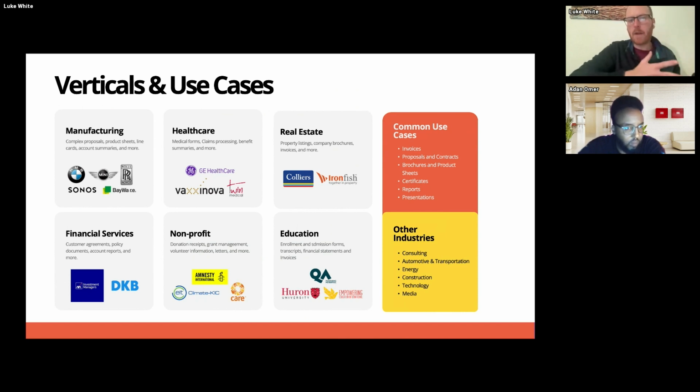So we take a look at manufacturing. Obviously in the Salesforce parlance, that includes automotive and energy as well. We've got some good customers we work with there. Through healthcare, real estate, financial services as well, and non-profit. So where we see some of those common use cases